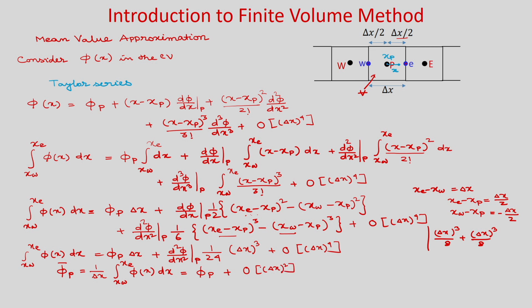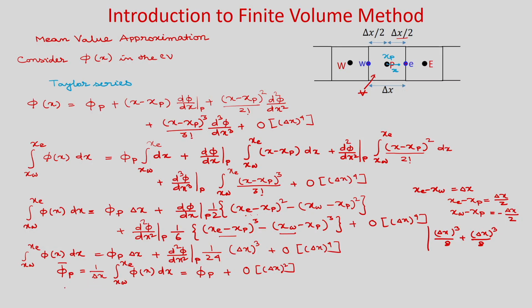Whatever function you are integrating over the main control volume, and if you take the average value at the cell center, then you can see that it is second order accurate, okay. So, that we have proved, and it is true for non-uniform grid as well and any arbitrary control volume, okay. We have shown it for one dimensional grid, but you can show it for any arbitrary control volume that the mean value at the cell center, if you take, then that will be second order accurate.